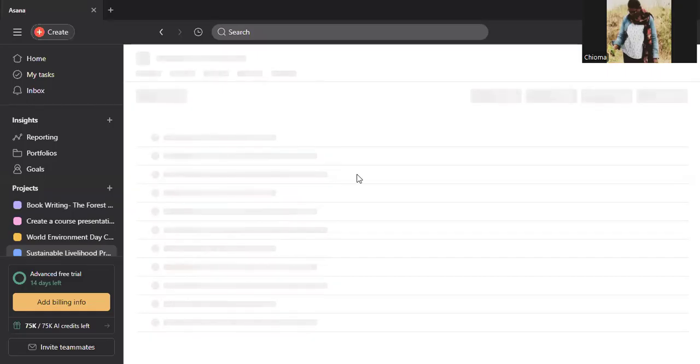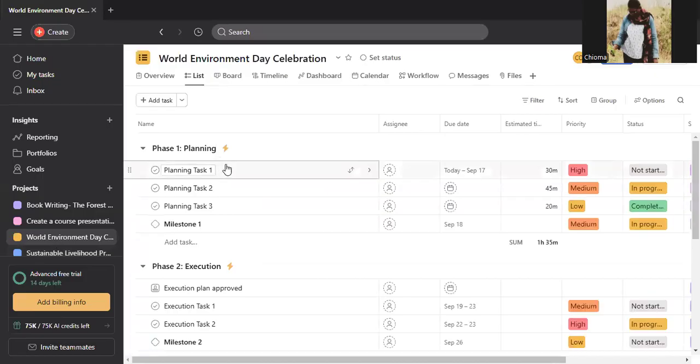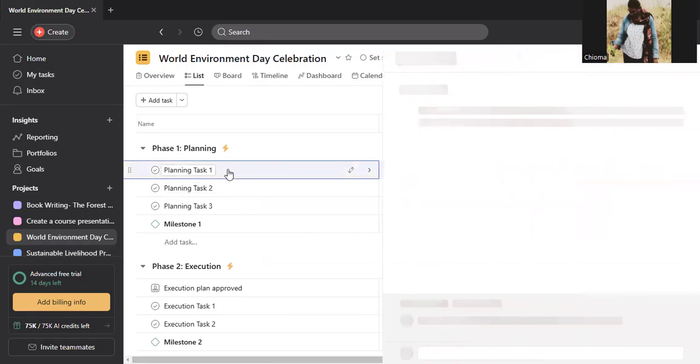Okay, so it's loading up. I just want you to see how you can add your task in the one from the template and in the one without the template. Let's go to the one with the template. So with what environment, planning? You could say task 1 under planning is